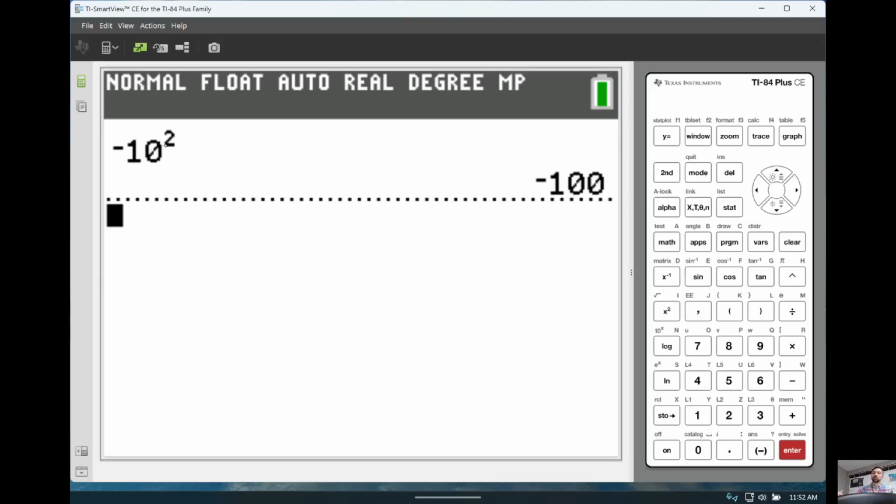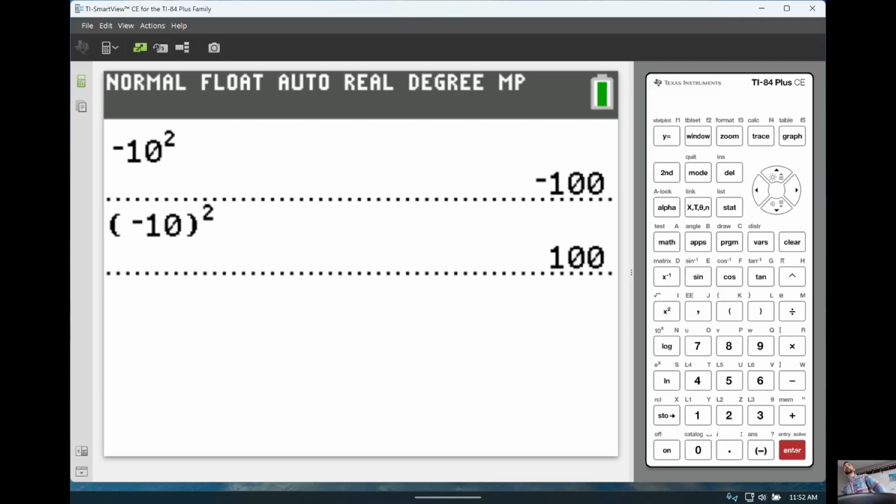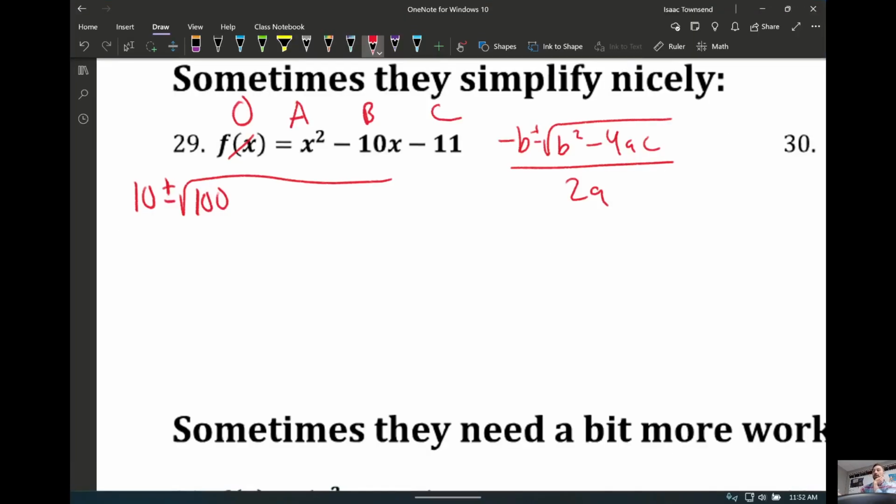Your calculator does order of operations very strictly, so it does exponents before multiplication, and that's why it thinks it's that. What you mean, again, I hope you're not plugging this in the calculator, but what you mean is the second one. All of B is being squared, the negative as well. Okay, minus